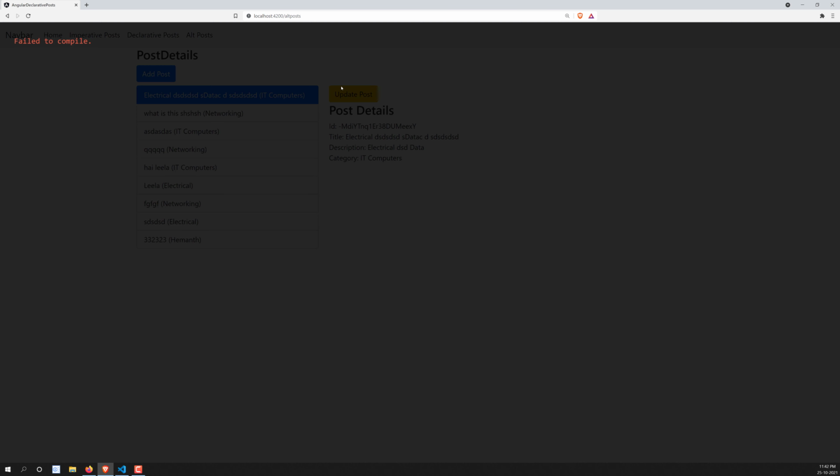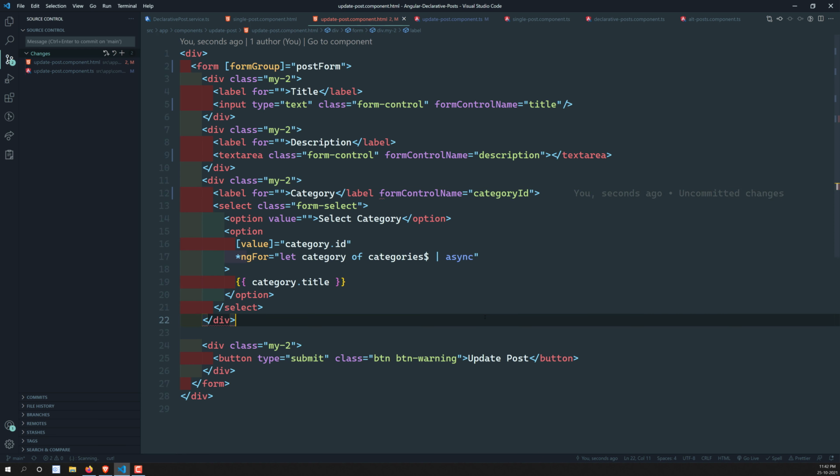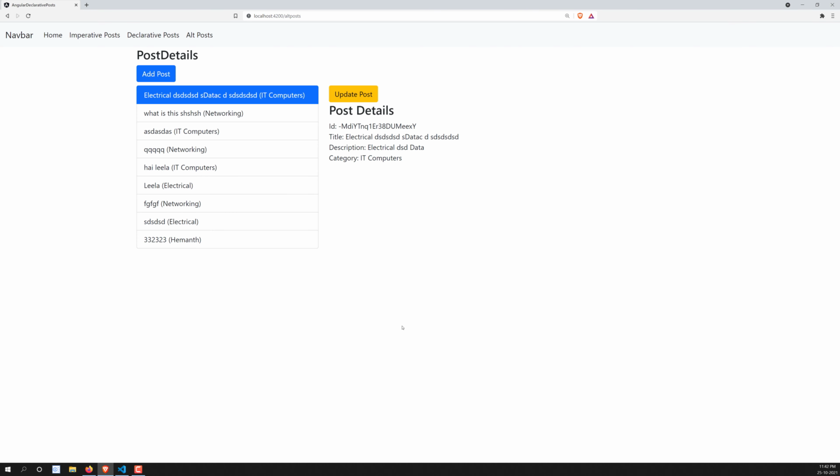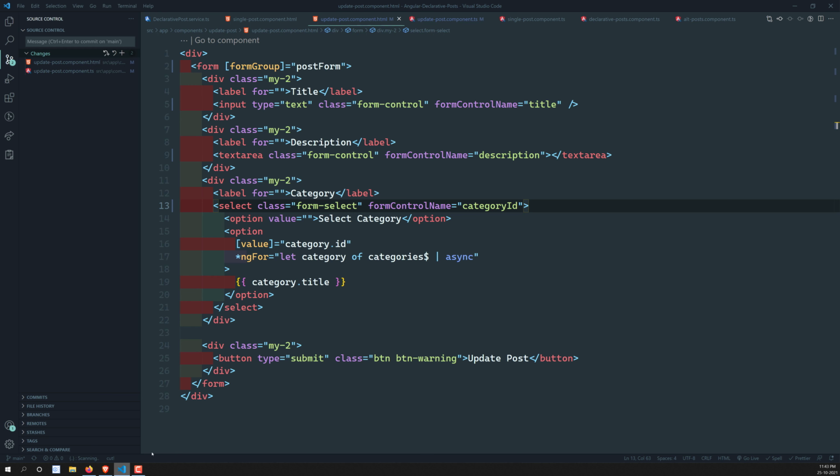Now let's try to see. If I click on this one, hey, what happened here? Again an error came. Oh, here we are populating this to a label. Sorry, we need to populate it to the select. Now let's see the output. Hopefully we are getting the output without any problem. Yeah, if I click on update, fine, we are able to see this without any error. Now my main thing is we need to pre-populate it, right? So let's try to pre-populate it.